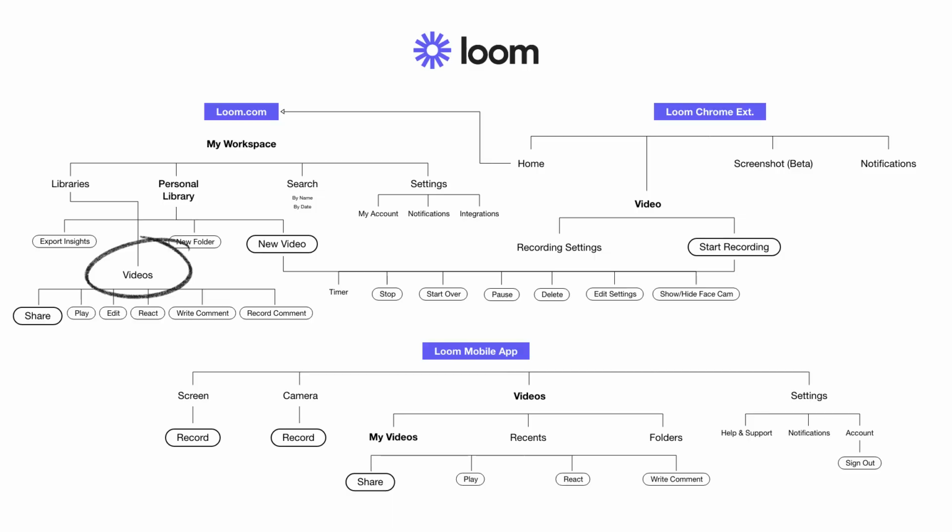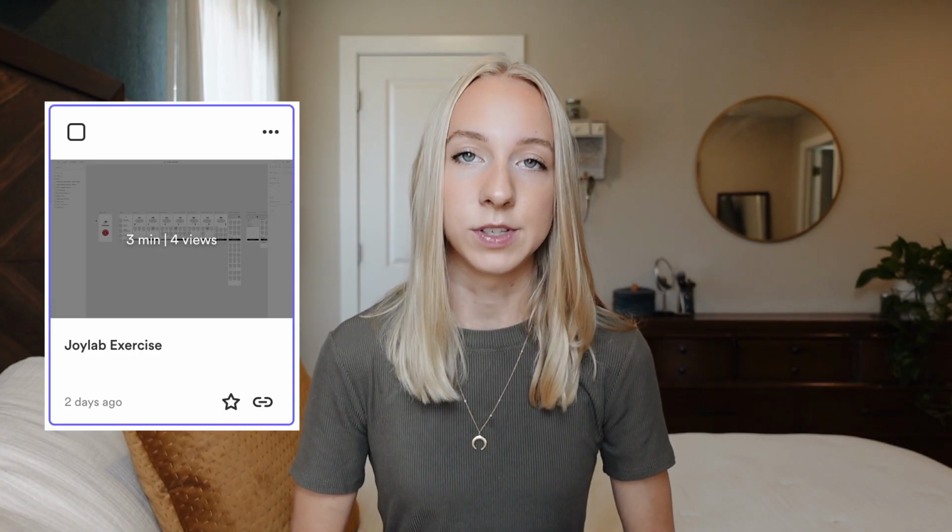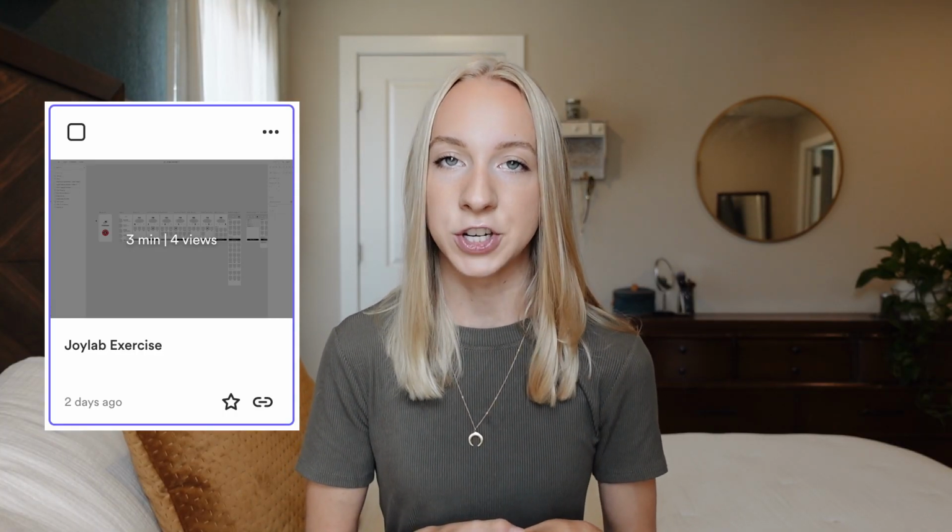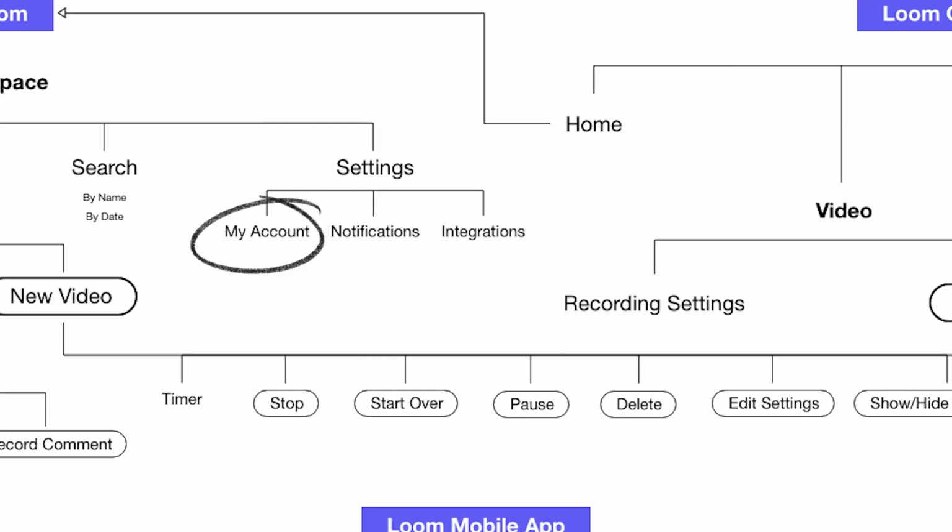So examples of content here would be videos, comments. Sharing the video is an action, and other actions are recording, editing, commenting, and reacting. You can also see how many views your videos have gotten, so that's a piece of information, and tons more. You can even break this out into like your account information, help docs. Like you can go really far with this,